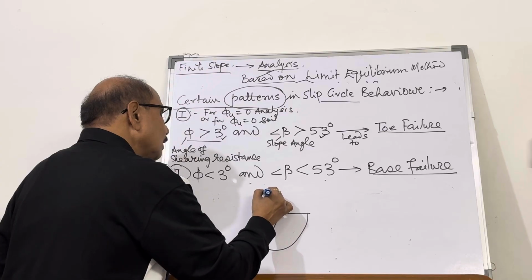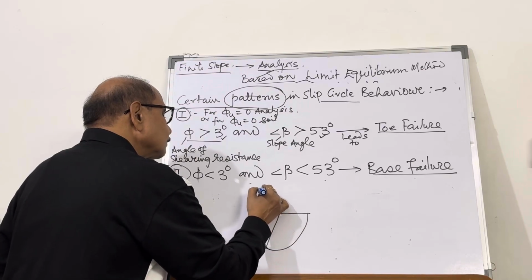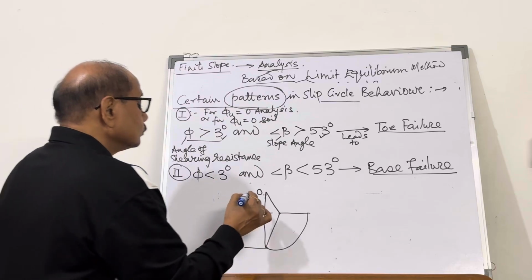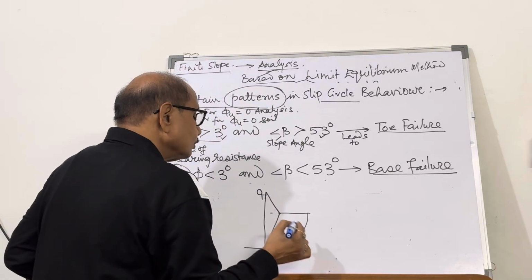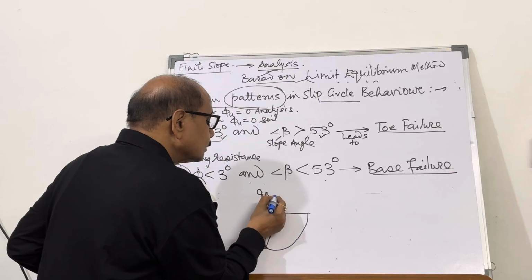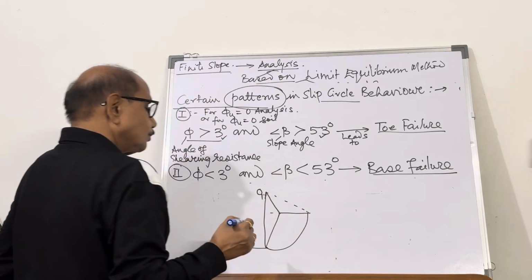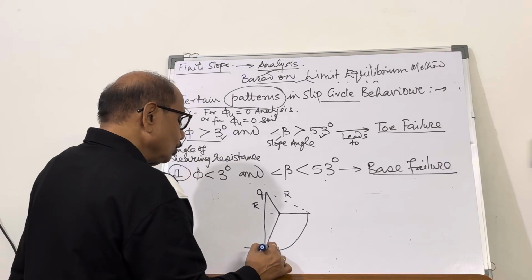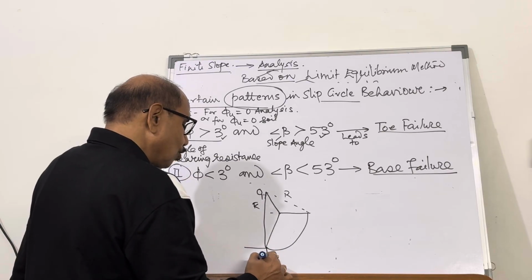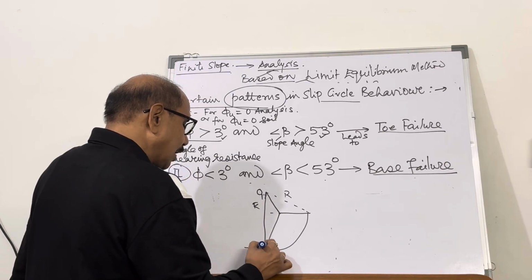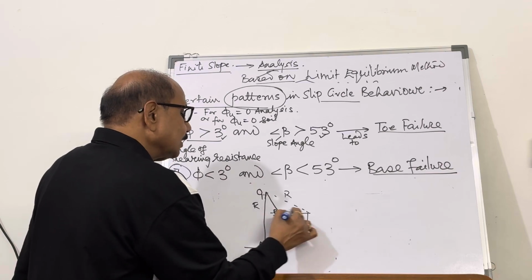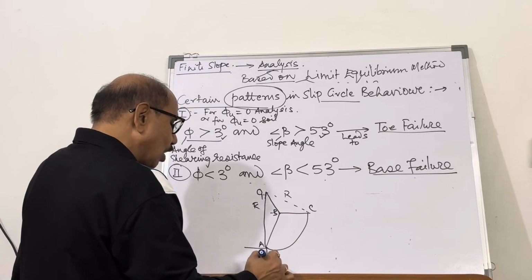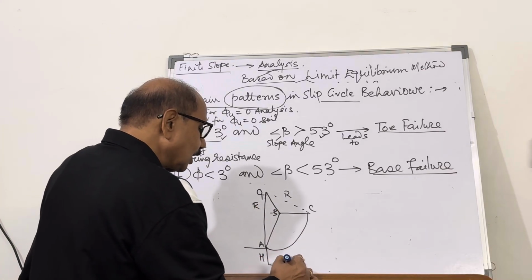So you are going to get the center of rotation like this. This becomes the radius. Now what I am going to do is go down by h from this point A, B, this is C. So you will have to go down by h and